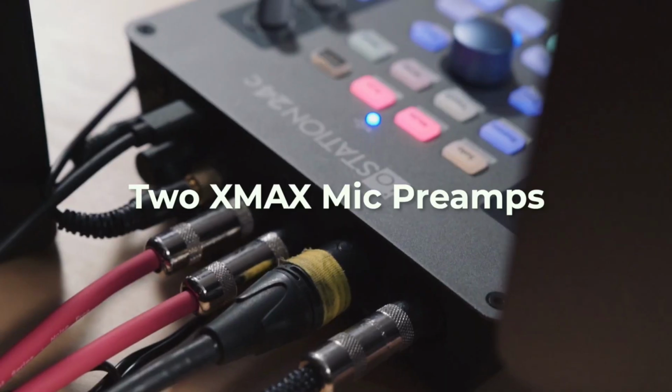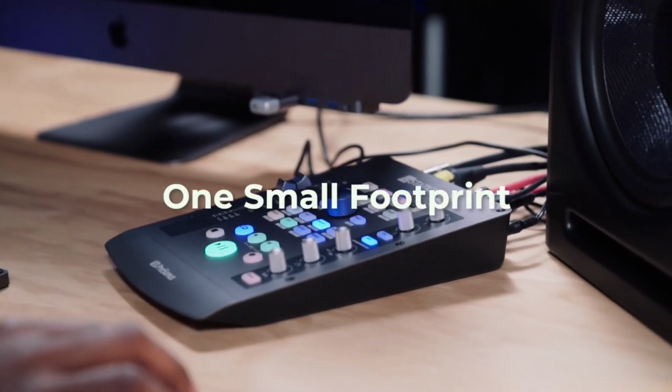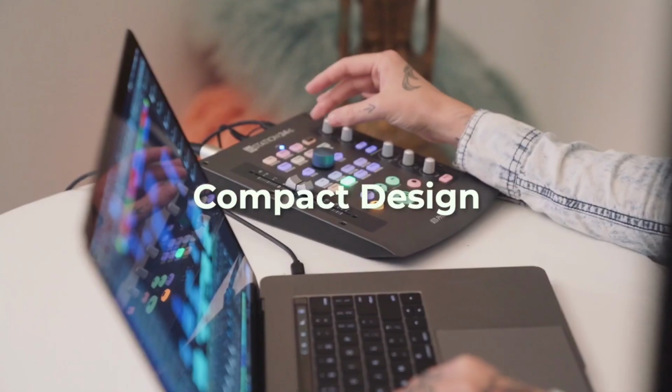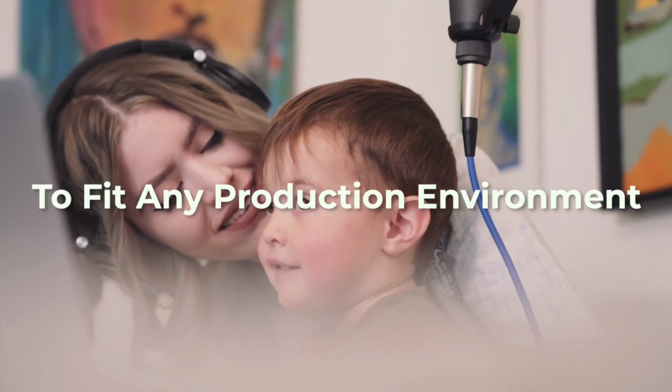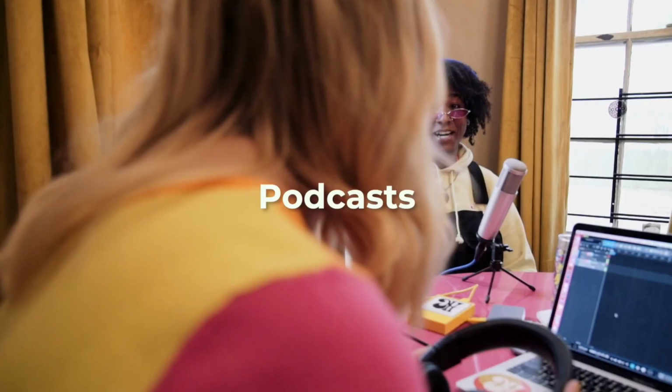Okay, with 2 studio quality XMAX Class A preamps and the Studio One FaderPort technology. Like I said, the FaderPort technology is right there. The IO Station 24C is an awesome small format audio interface, perfect for the bedroom recording studio or podcasters, or in any sort of portable situation you may be in. Maybe you're doing a recording session with a friend, post-lockdown. You go over to a friend's house, you bring your audio interface, it's portable, slap it on a desk,